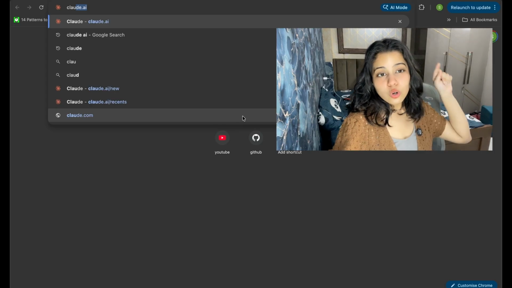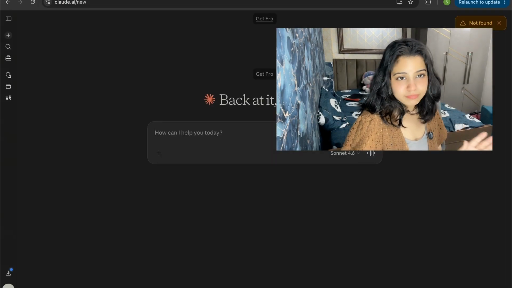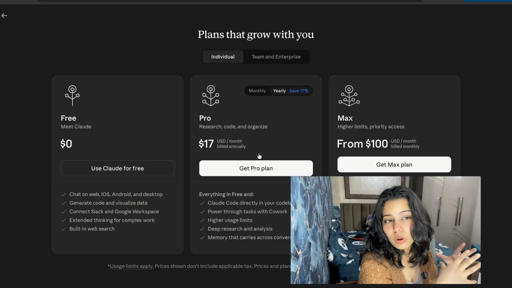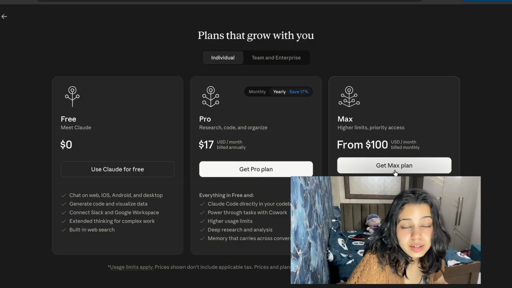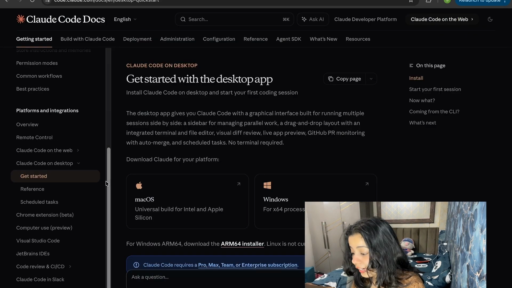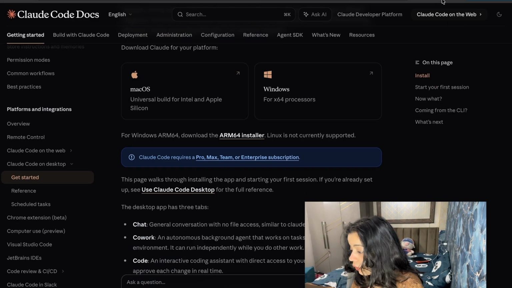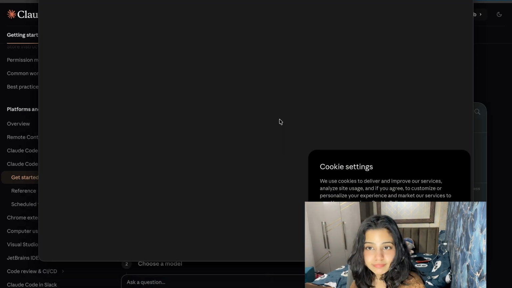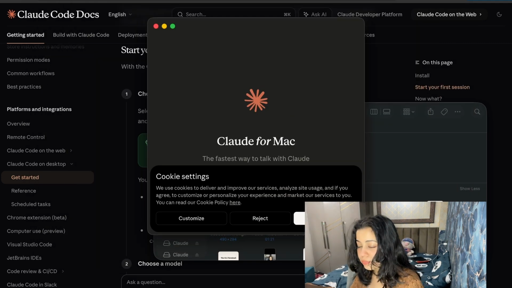So let's install everything. Go to Claude.ai, put in your mail, verify. Done. Now the free plan is fine for basic chat, but for Claude Code you need a paid plan. Claude Pro is $20 a month. That's enough to get started. If you're going to use it seriously for development, I am on a Max plan which is $100 a month. I'll talk about why later. So let's start with the Pro plan. Go to Claude.ai, download for your OS, install it, log in. Done. That's the desktop app sorted.